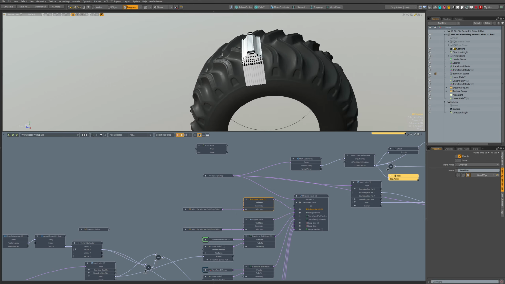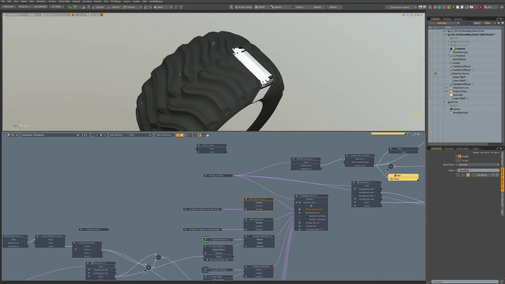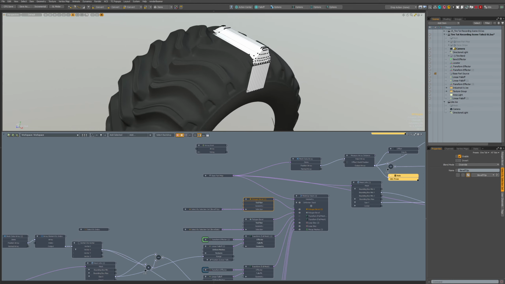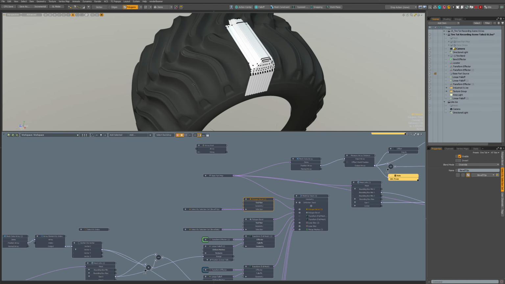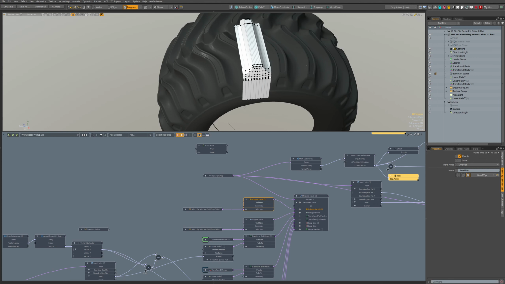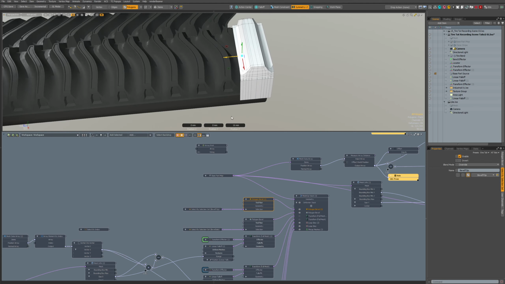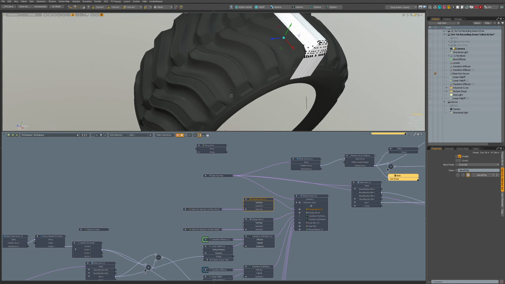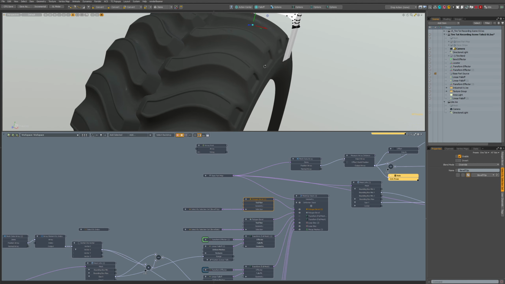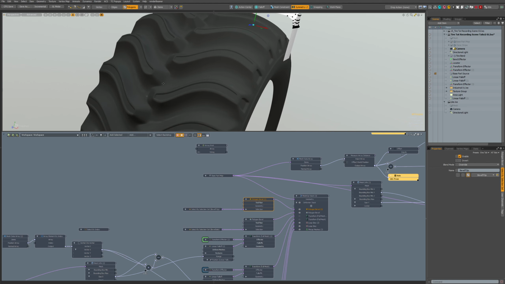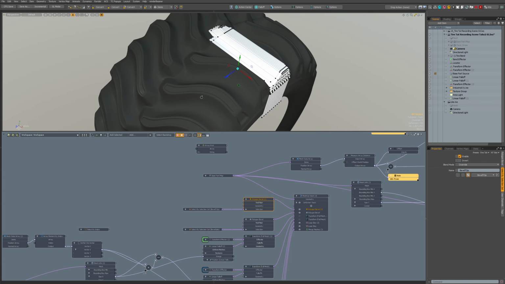But as this is all procedural, for example, in my opinion this part here is a bit thin. So what we can do now is use symmetry. No, we don't have it. Let's enable symmetry, and let's check if we just move it like this. So we get maybe a better shape, but we also broke something. I don't know what's happening there.